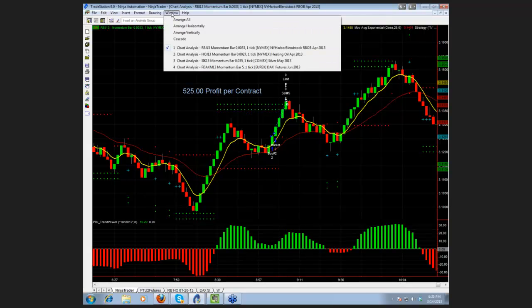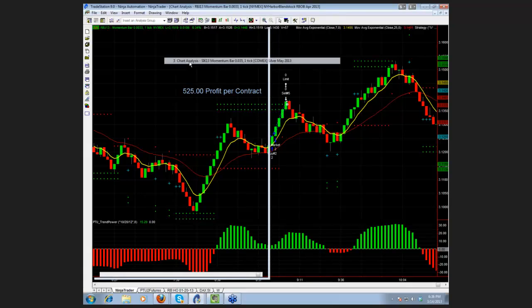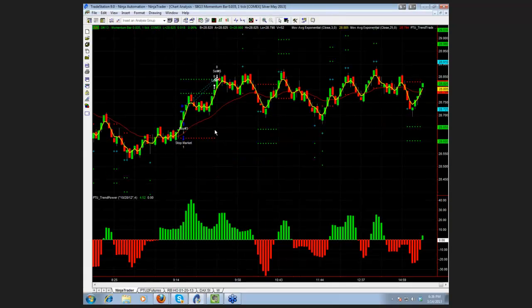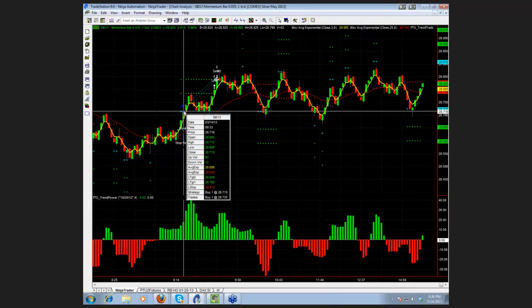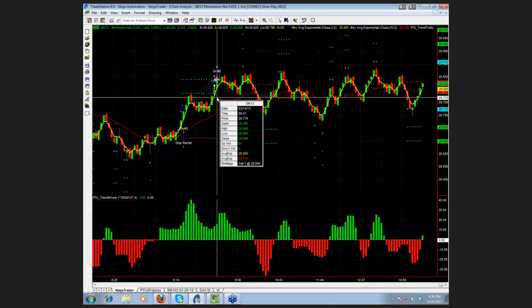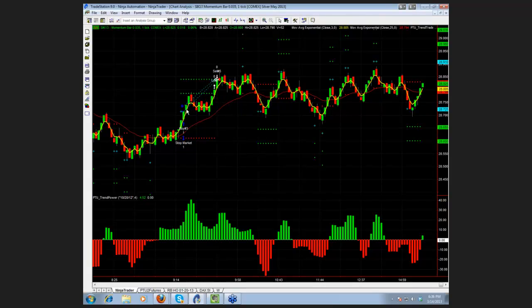Let me take you to silver next. Very similar situation. And the point I want to make here on silver is, we're trading a 0.035 bar on silver. It's the exact same method. You're going to see the same entry point. We haven't changed a whole lot here, and we've got our target 2 and our stop down here. And you can see same scenario. We were in at 9:33 on silver and out at 9:47. So this one took a little bit longer. But again, a nice result on silver, and out for about $525 there.